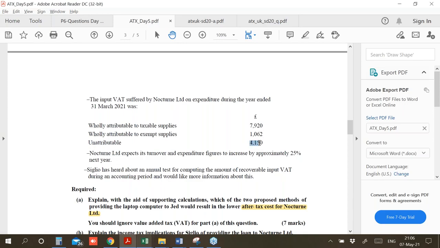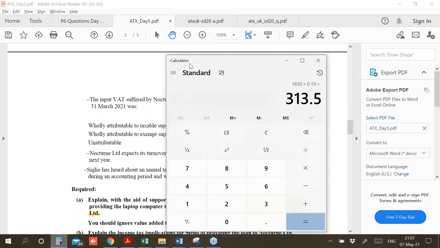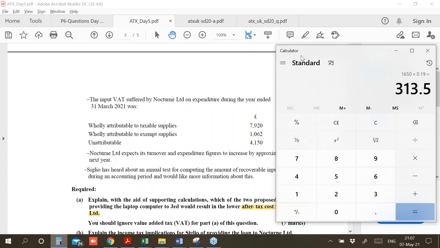To attribute the unattributable amount, you would take 86% of that and include it in the claimable section and 14% in non-claimable, but we only do that if we had to perform the third test and make the complete table. Now, for the first test, that is, if your total input VAT is 625 per month or lower on average, or 7500 annually. I don't think so, because only the amount attributable to taxable supplies is higher than 7500. But still, to show the examiner, I have to calculate the total amount of input VAT. That is 7920